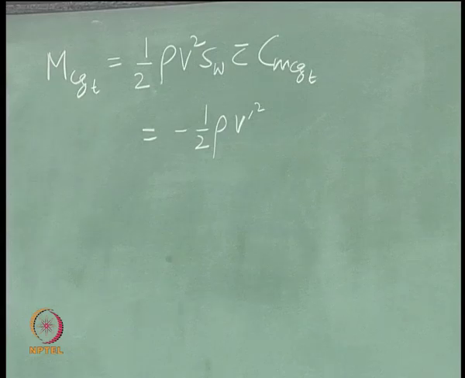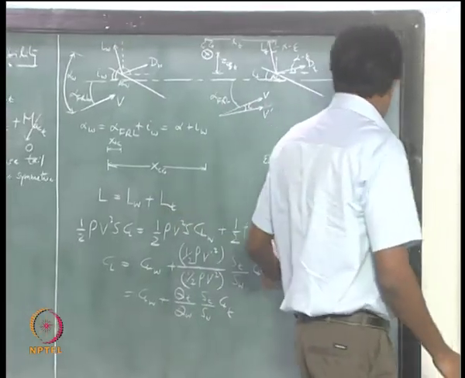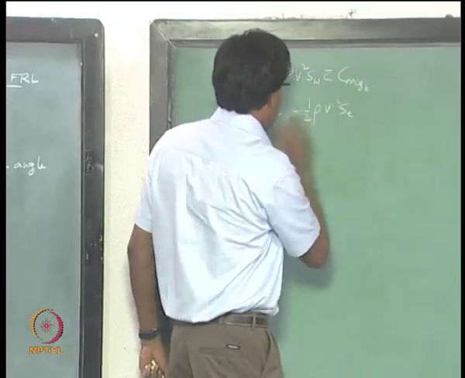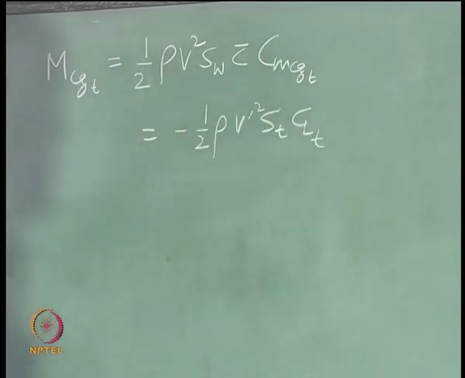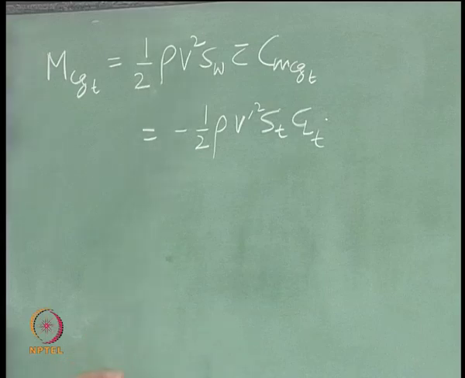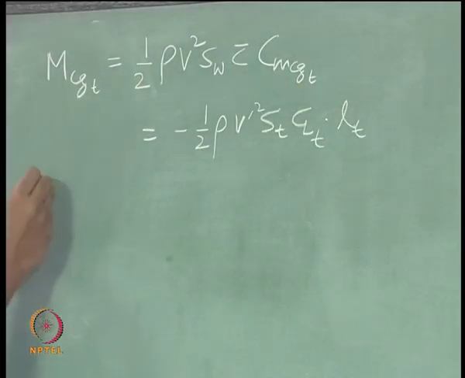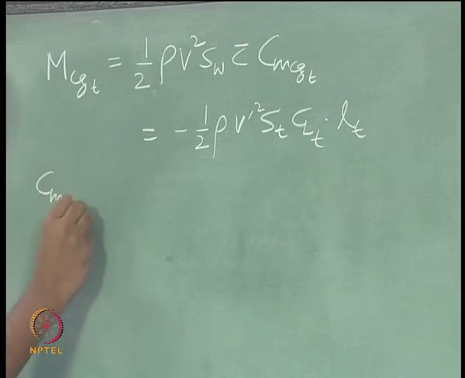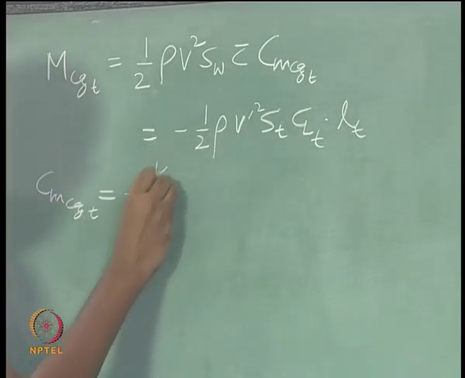So, we have written the expression for lift at the tail, right, into the arm length. Okay. So, Cm Cg due to the tail is minus